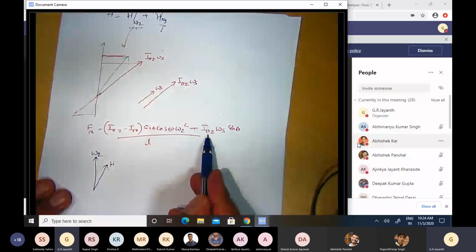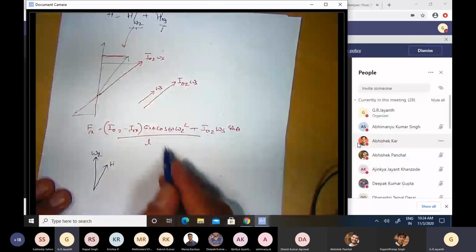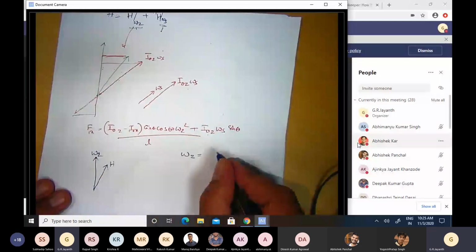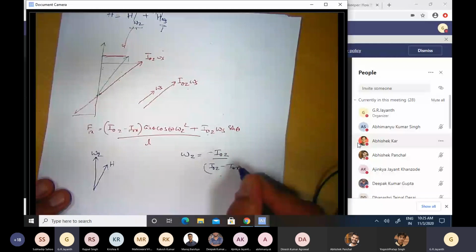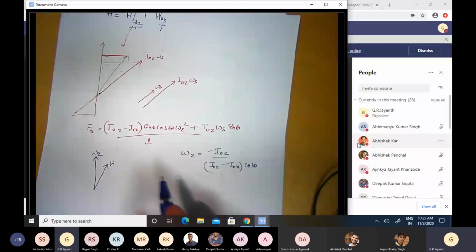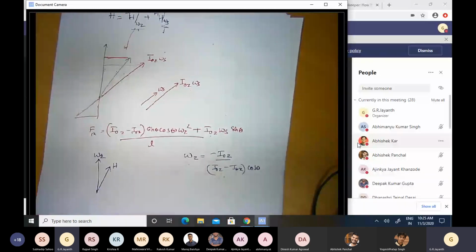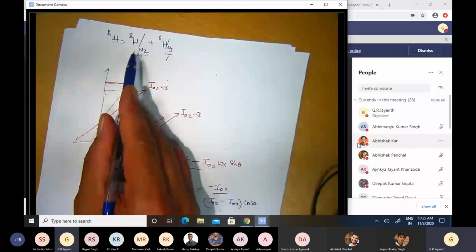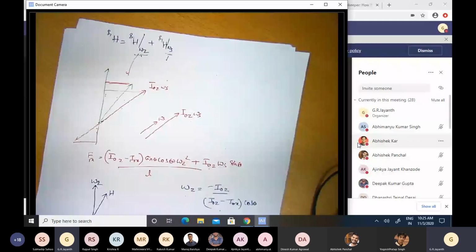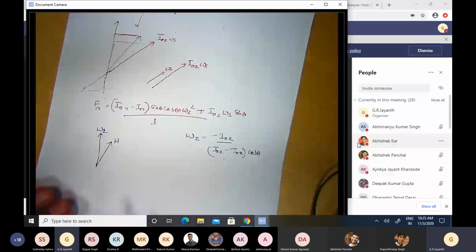And when does that happen? When this sum becomes equal to zero, and that's at omega s equal to minus I0z divided by (I0z minus I0x) cos theta. So at this special frequency of rotation, the reaction force becomes zero. And in that happy circumstance, the angular momentum has only a z component, which is a sum of the z components of this guy and that guy. These two don't cancel necessarily. See, for example, just because the x components cancel doesn't mean that the z components also cancel. There will be a certain non-zero z component if these two vectors are tilted at some angle with respect to one another.